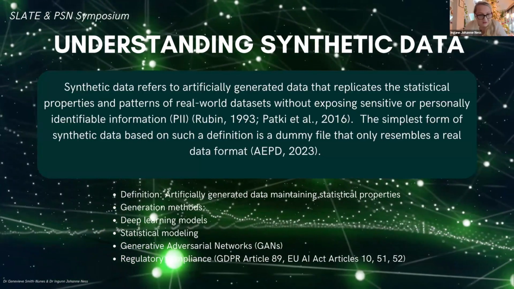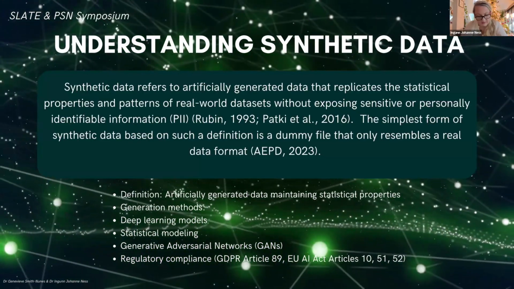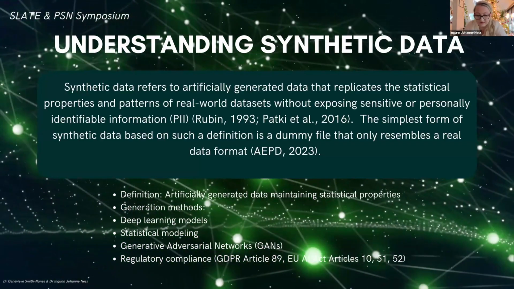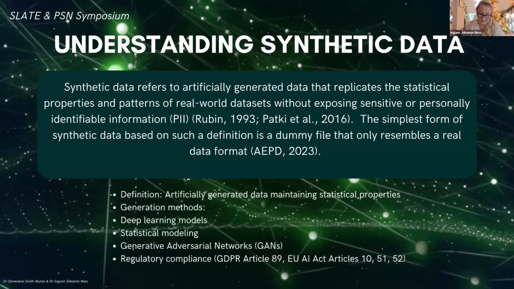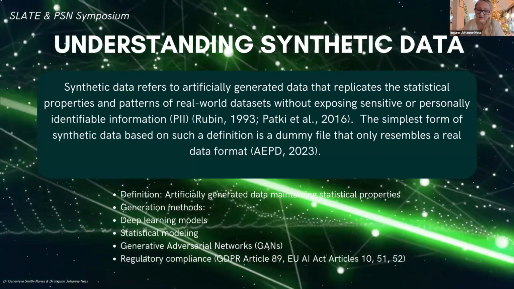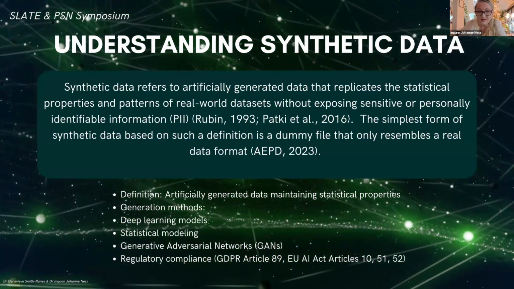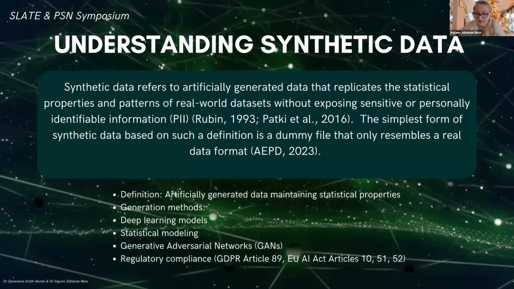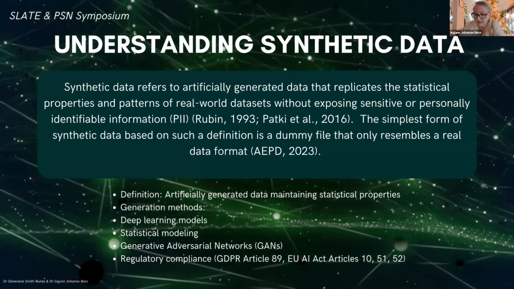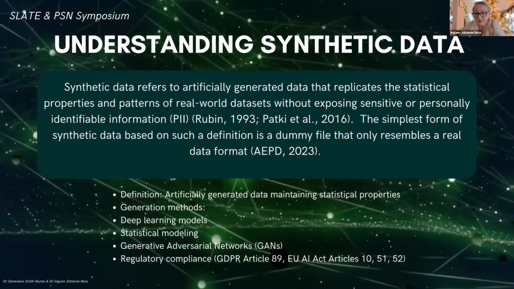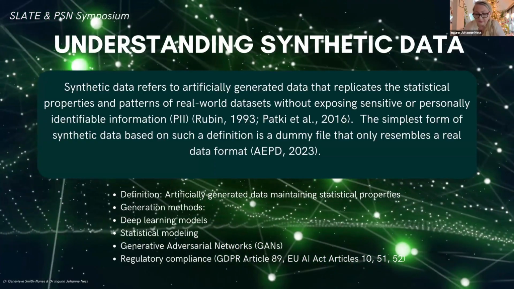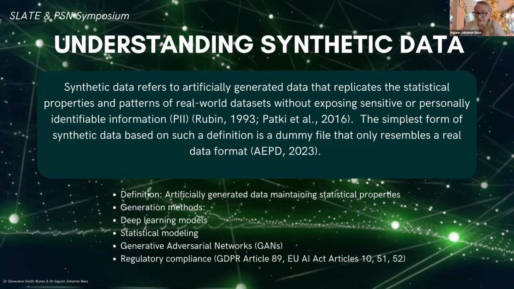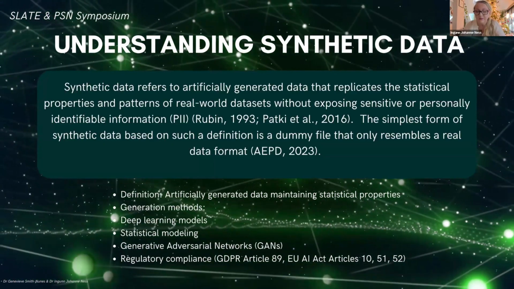And here we see different generation methods. For instance, decision trees, deep learning algorithms, generative adversarial networks, GANs, and statistical modeling. And each of these approaches has their own unique strengths. For instance, decision trees and statistical models are often used to capture relatively simple relationships within data. On the other hand, we have deep learning techniques and GANs, which are typically employed for more complex data. They can even reproduce high-dimensional patterns, and they are effective for generating sophisticated and realistic data sets by modeling complex